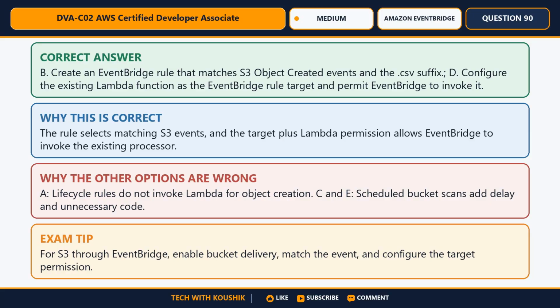The correct answer is B. Create an EventBridge rule that matches S3 object created events and the .csv suffix. D. Configure the existing Lambda function as the EventBridge rule target and permit EventBridge to invoke it. Here is why. The rule selects matching S3 events, and the target plus Lambda permission allows EventBridge to invoke the